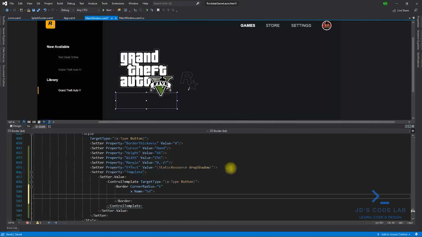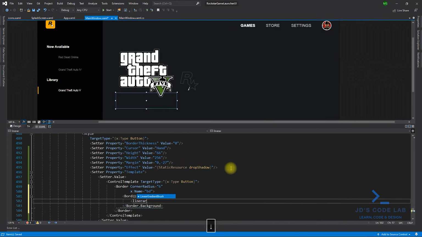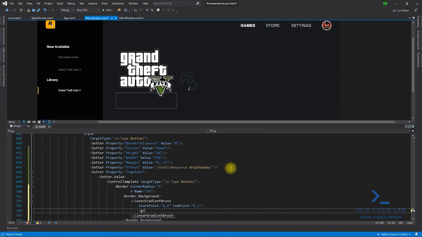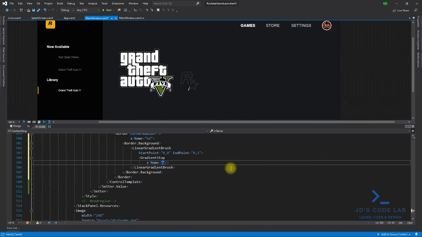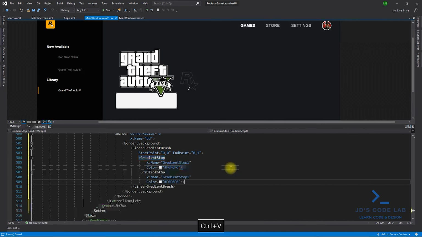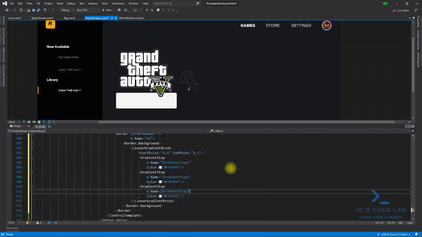To give the gradient effect to the button, we will use linear gradient brush inside border.background and set the start point as 0,0 and end point as 0,1. Now let's add 3 gradient stops with name, color and offset value. The purpose of giving name to these gradient stops is that we want to change the color value using control